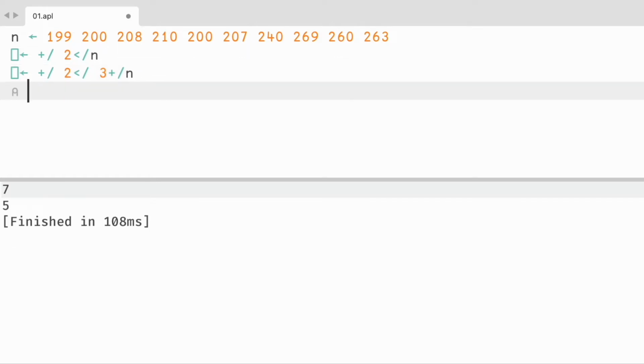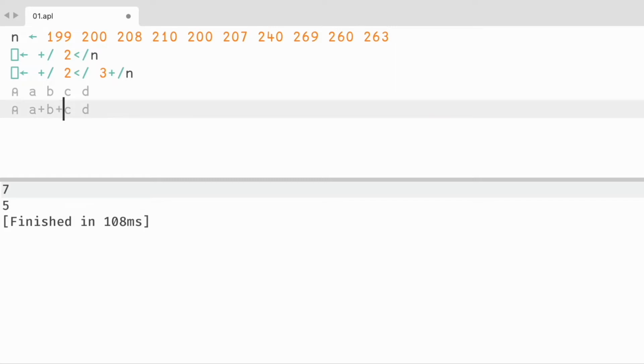However, if we look at part 2 and given numbers a, b, c, and d, what we need to do is sum up a, b, and c and compare it to b, c, and d. But as you can see, b and c get cancelled out. So really what we need to do is compare each element with the one 3 shifted, or 3 elements ahead of it. We can do that using